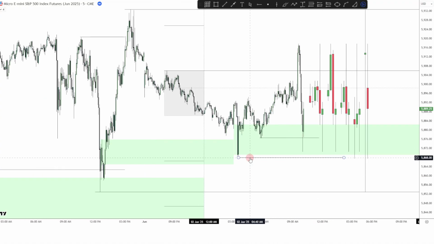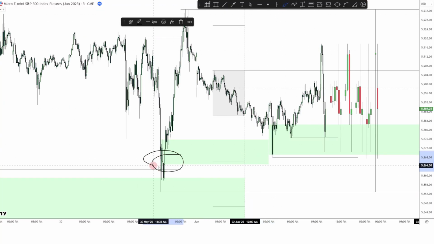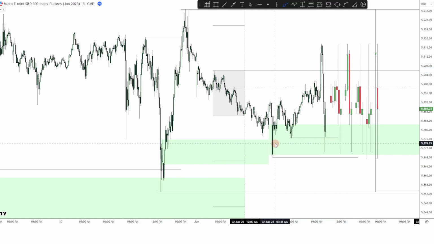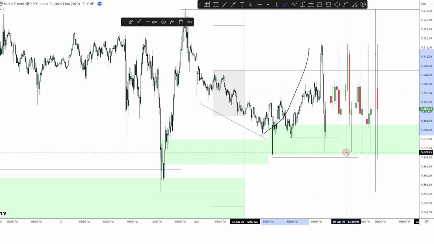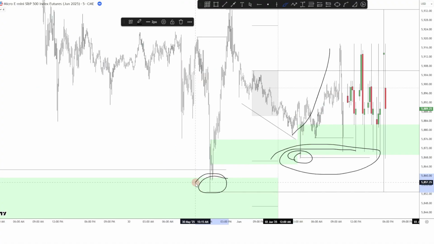This is an external low because this is the low here that tapped into this level of support before seeing this breaker structure to the upside. Right? It tapped into a level of support, plus it took out multiple points of liquidity like right here before seeing this breaker structure to the upside. So this is a level of external low, right? Where price should respect this low point, right? This was the previous low point,